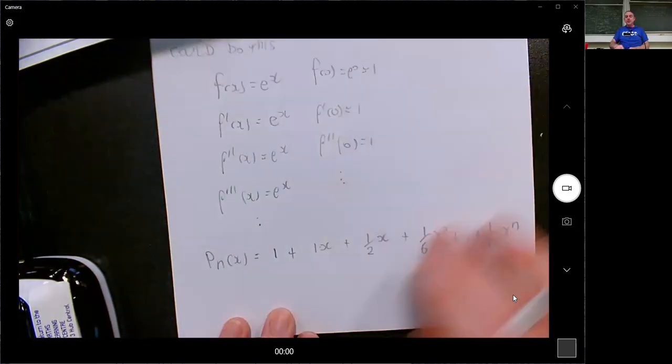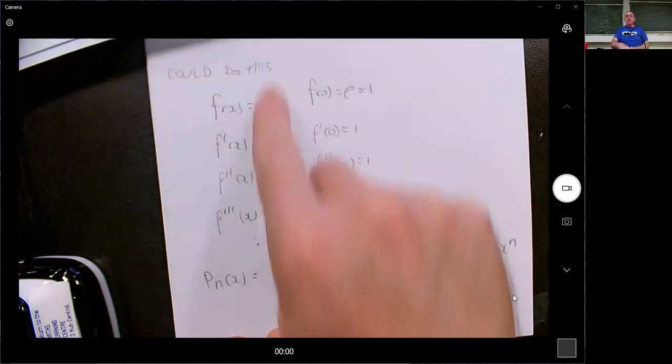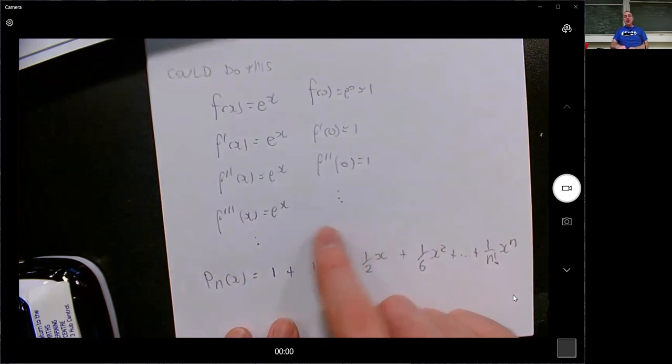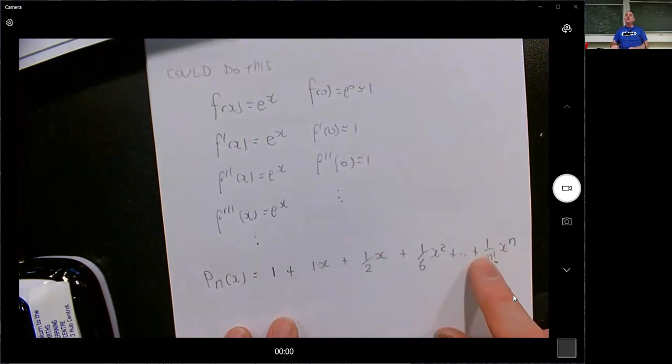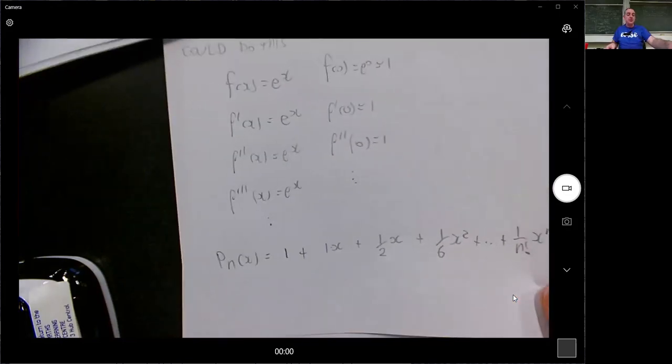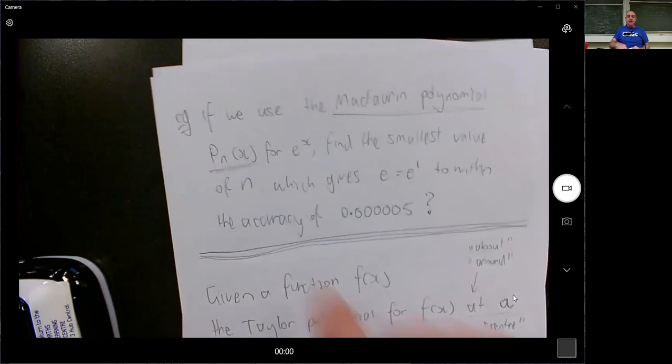But that is the process of how it works. You have to figure out what each of these is. You have to figure out what this is. If you're very lucky, you can make a formula for what this one is, for the nth term. Right, so that's that. So when it says the Maclaurin polynomial Pn for e to the power of x,